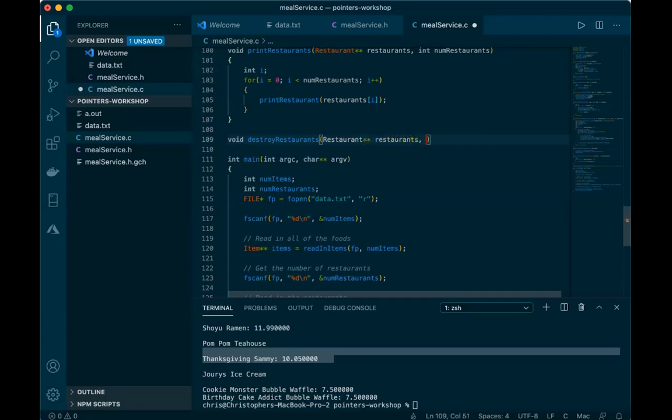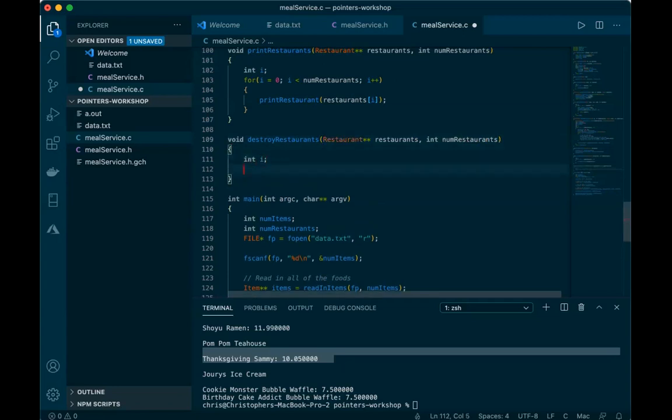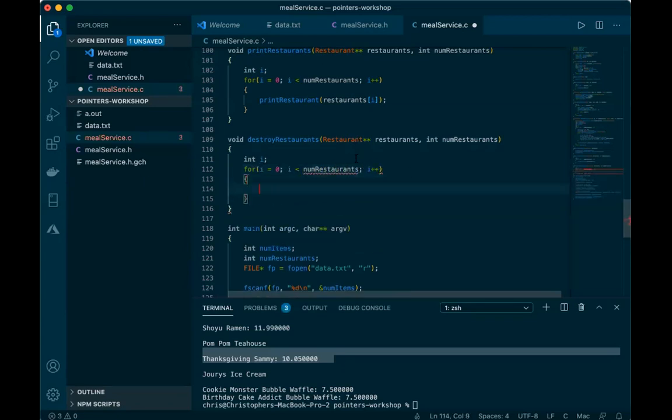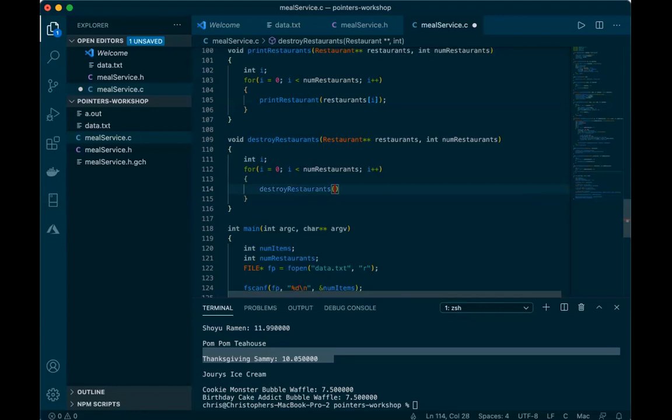Restaurants and an int num restaurants. And then we're going to do the same thing here. We have a for loop. So i equals 0, i is less than num restaurants, i plus plus. And then we'll make a function called destroy restaurant, because remember, destroy restaurant and pass in the individual restaurant, because